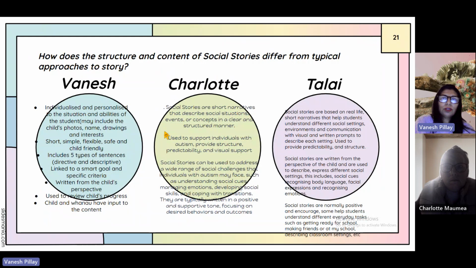And content of social stories differ from typical approaches to stories. I think that social stories are actually individualized and personalized to the situation and abilities of the autistic student. So it may include the child's photo, their name, drawings, and their personal and special interests compared to normal stories. And they can be short, simple, flexible, and they're also safe and child-friendly, because one of the things that's really important about social stories is that they're not threatening to the child, and they're done in a very safe and